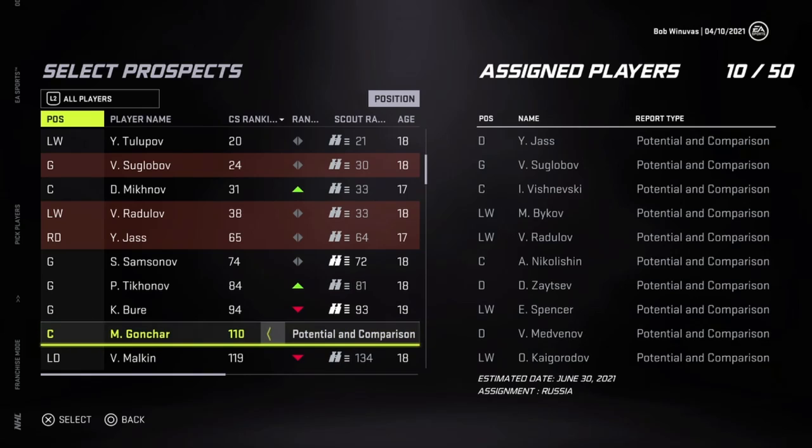So you can see all those players on the right-hand side, they're all potential and comparison scouting. That doesn't mean that's all I'm going to find out about those players. I'm going to find out a little bit of other stuff, but my main focus was their potential and what NHL comparison do they have. What player do they compare to from currently or from the past that I can maybe attribute and, hey, okay, that would be a good player. For example,